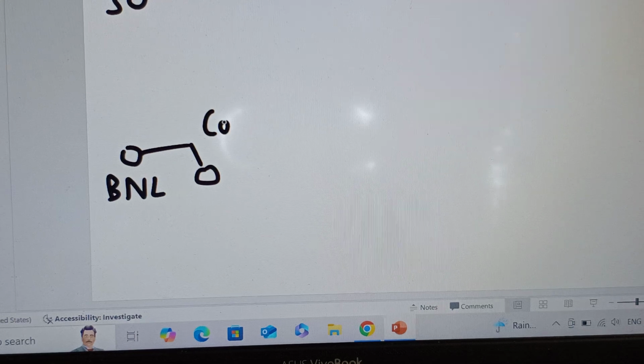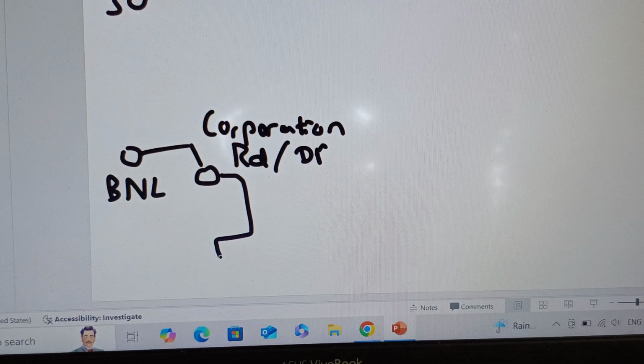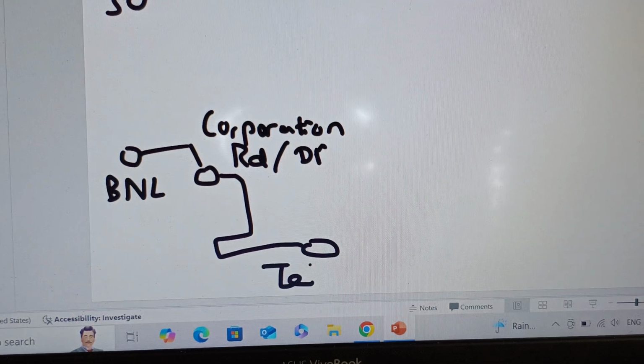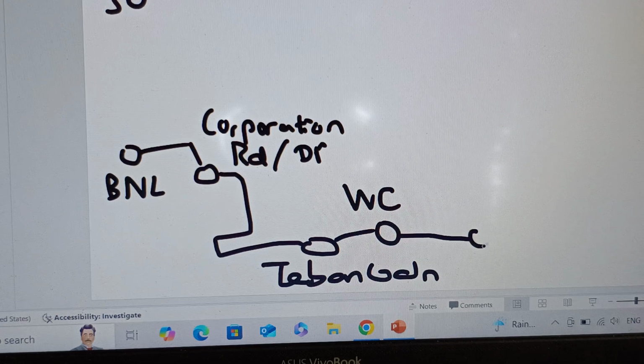And then now for the big picture, I'm just gonna attempt to explain this. Okay, so Service 30 starts from Boon Lay, and then it goes to, I would just say, Corporation. So unlike 178, which goes straight, this one actually goes inside Corporation Drive. So it's kind of like this, and then it serves Teban Garden, and then it goes on to West Coast, Pasir Panjang, Harbourfront,